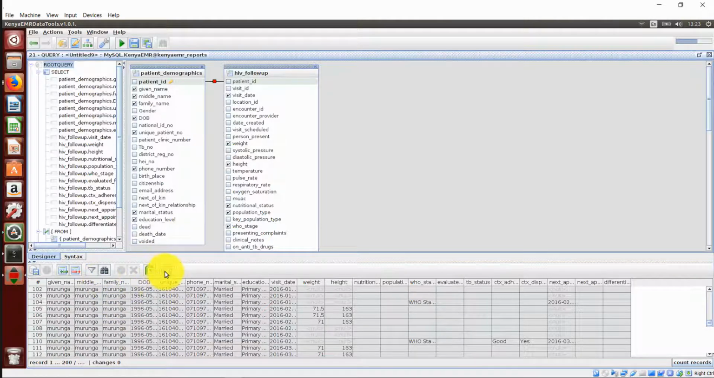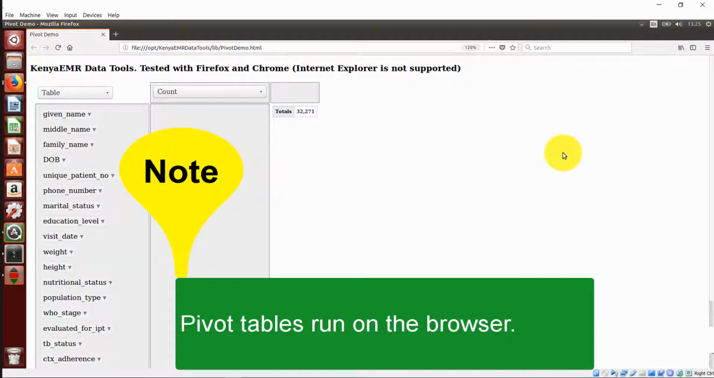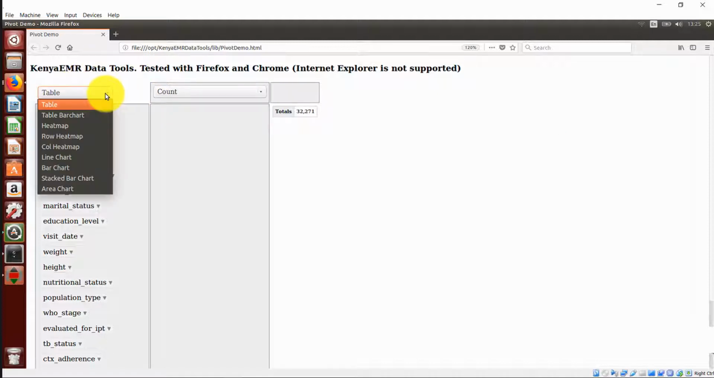We'll click on the pivot icon, still loading, confirming to you that the pivot table is loading. Kindly note, pivot tables run within a browser. Let me now briefly describe how to manipulate and mine out data from the pivot tables. We have our first column with the table selected by default. You can visualize your data either using a table, bar chart, heat map, row heat map, line chart, bar charts,